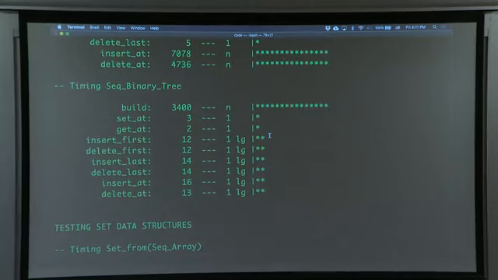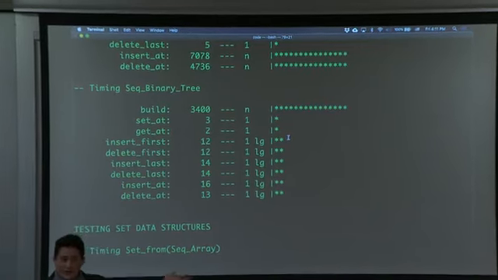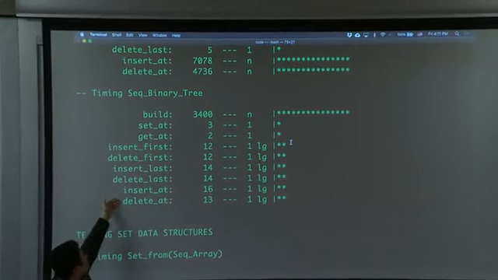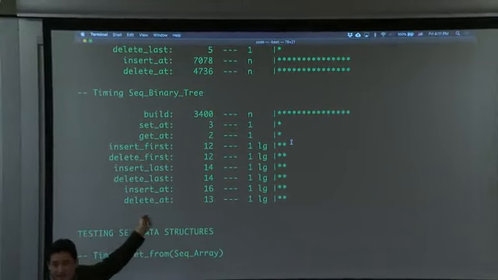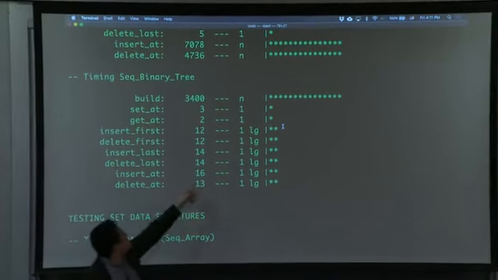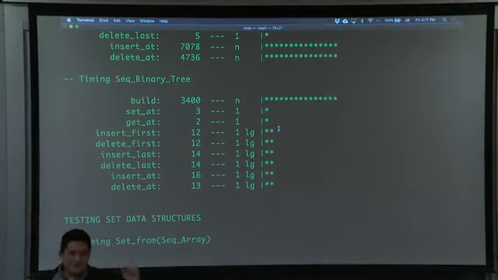And then a binary sequence represented as a binary tree, right? A balanced binary tree. This is our AVL code that I had. And all the other things have been really pretty bad at insert_at and delete_at. But this one does comparably to all the other things. Now you see these are a little bit more machine cycles than the other things, but